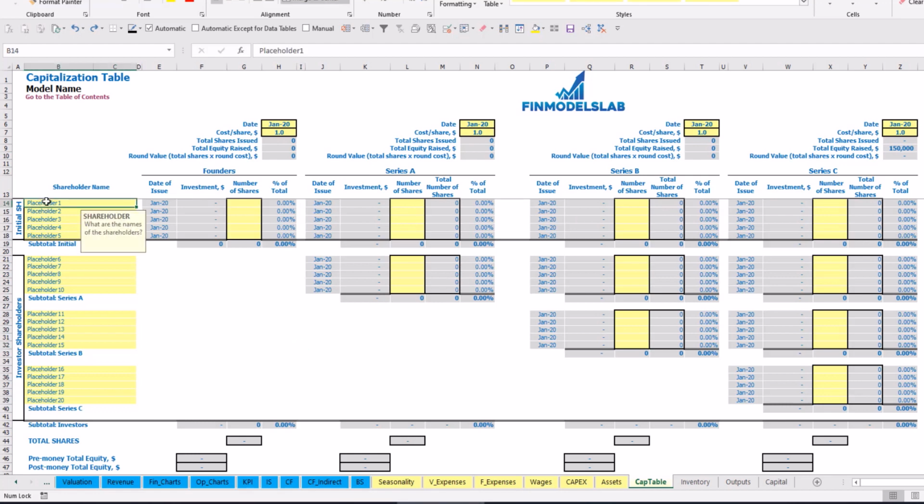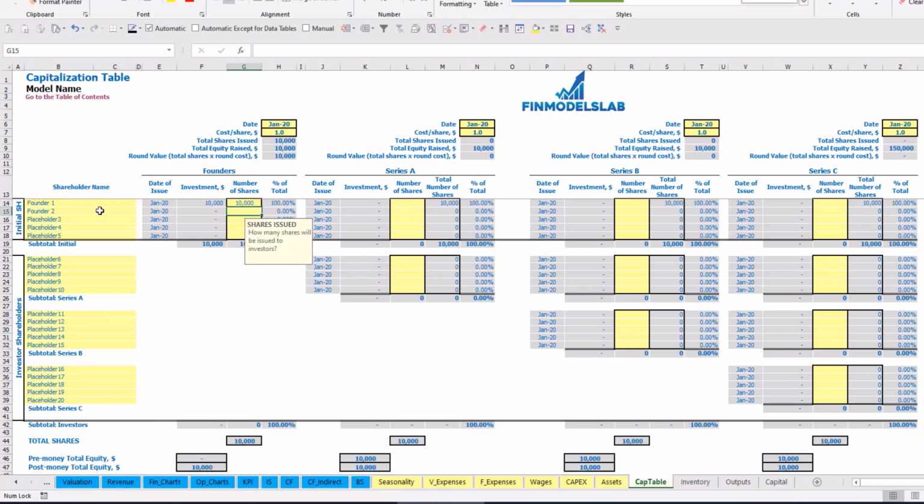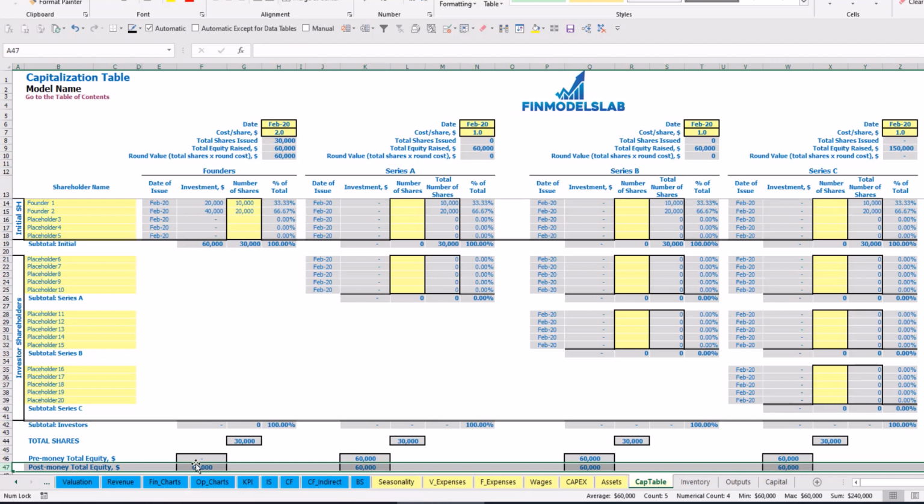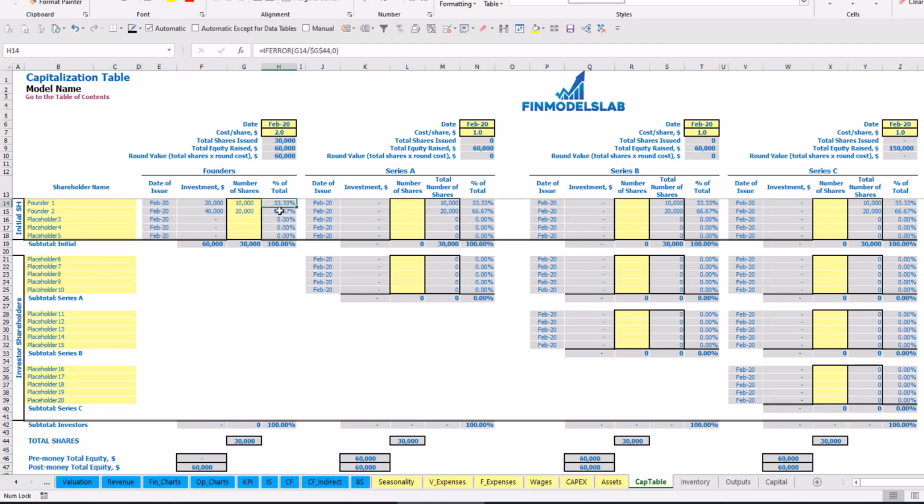Let's pretend that we have 2 founders, founder 1 and founder 2. The total amount of shares for founder 1 can be 10,000, for founder number 2, 20,000. Let's imagine that the cost of share will be $2 and the date of founding is February. This means that the investment for founder 1 is $20,000, for founder 2 is $40,000. In total they invest $60,000, which you may see here. The dilution is 33 to